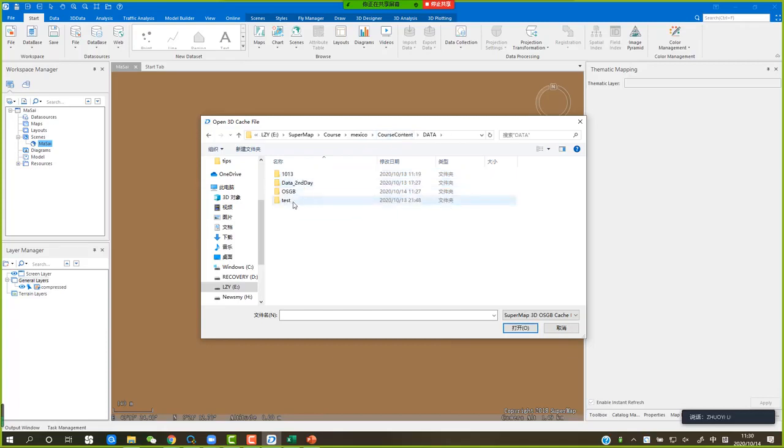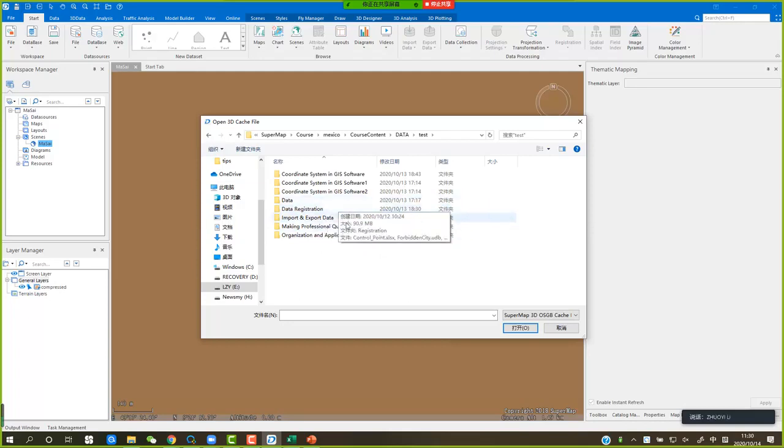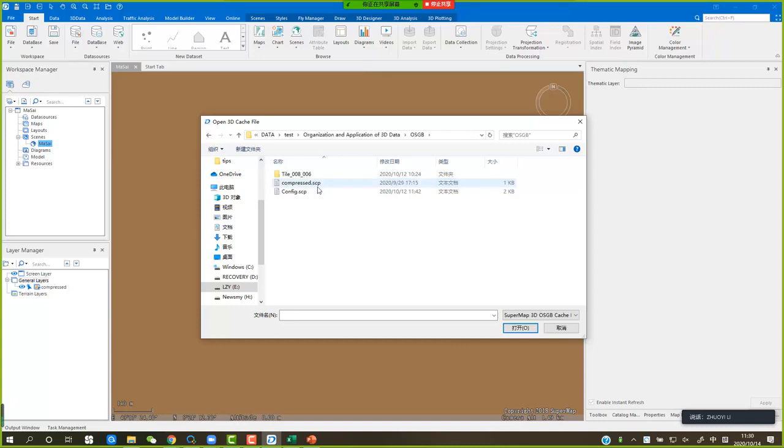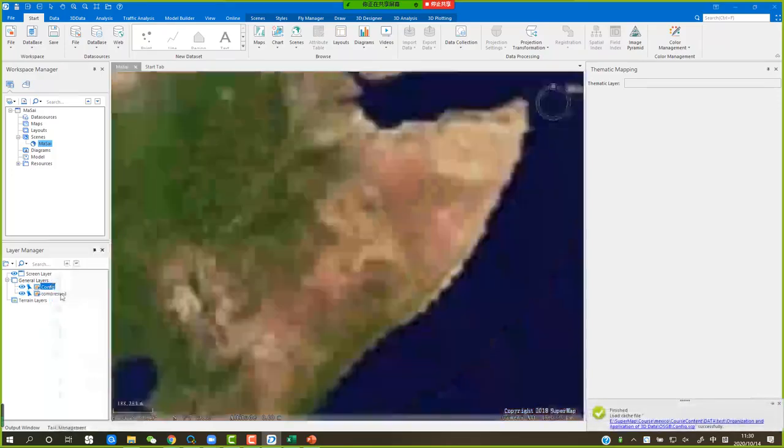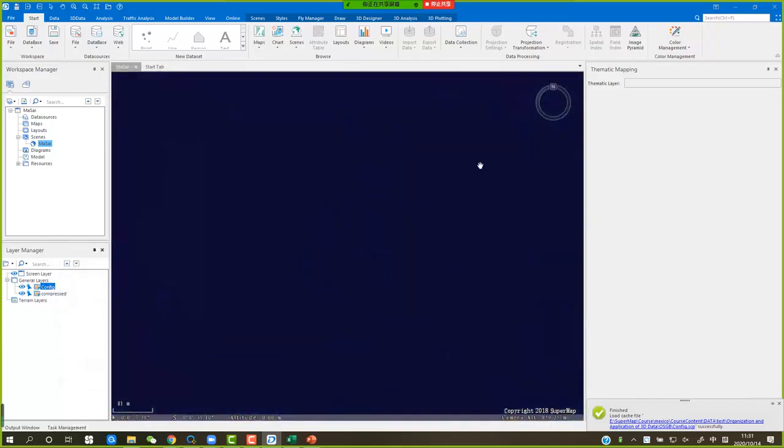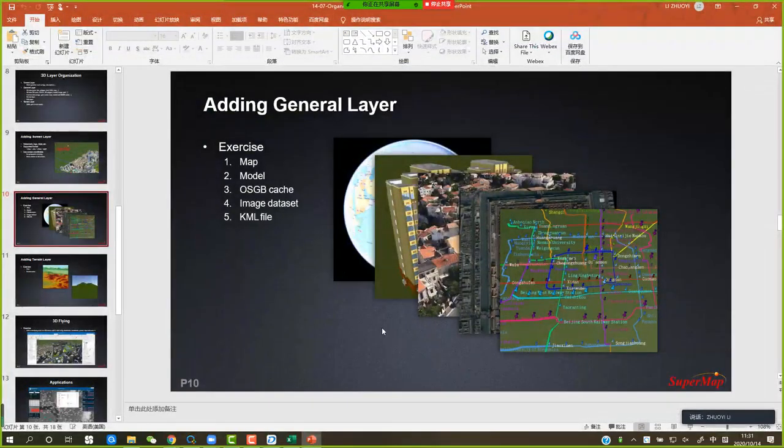okay, data test. That's the folder I tested yesterday, and organization OSGB, and we can add the config to see. Zoom to layer. Okay. Okay, I don't know why. So this step I will introduce to you the next day. Okay, tomorrow I will give you some